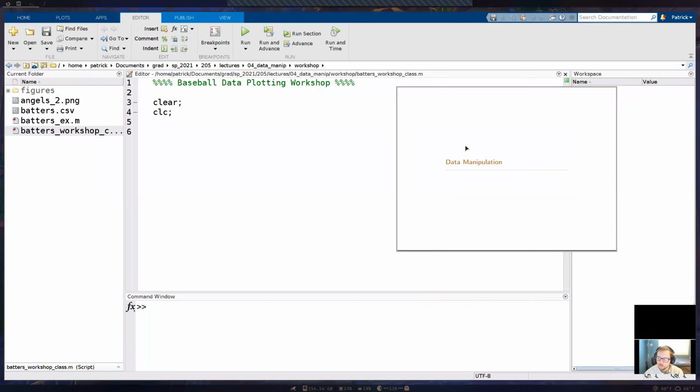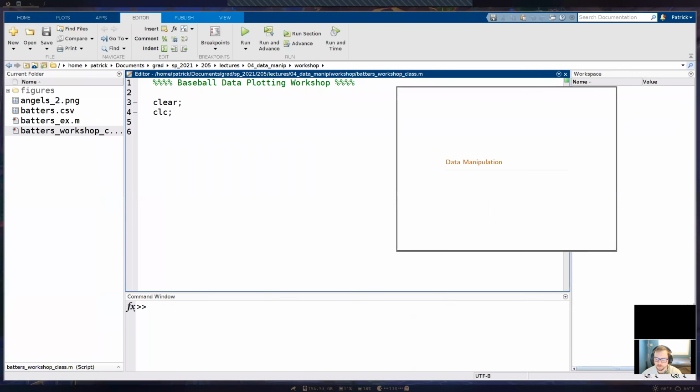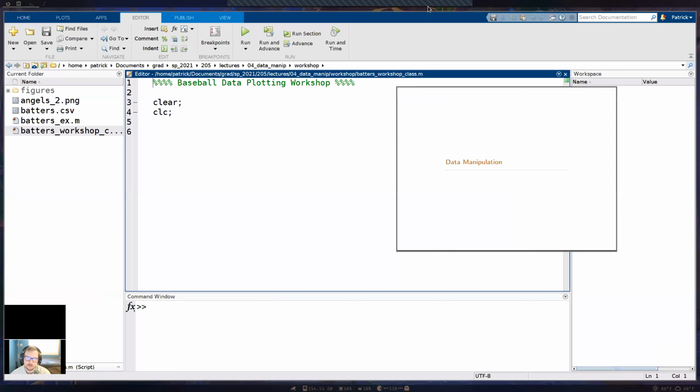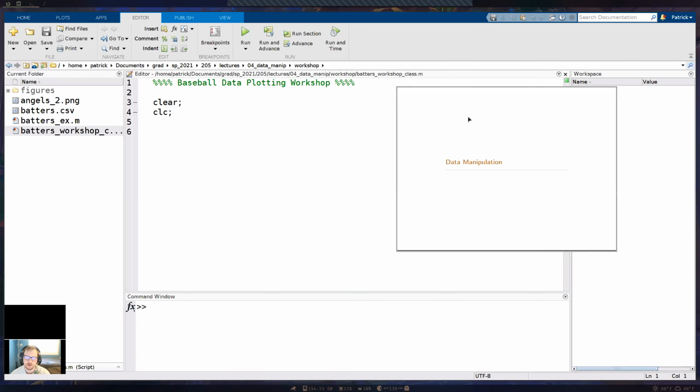Okay, so again, we're going to be implementing a lot of things that we've learned so far in the class for plotting and for arrays, but we're also going to be learning some new things as well. So I'm calling this chapter data manipulation. Some of the stuff we're learning in here is from chapter 3 in the book, I believe. And also the function that we're going to be using to import our data is somewhat new. It was introduced in, I think, 2018 for Matlab. So as long as you have the version for 2018 or 2017 maybe, you're going to be good to go.